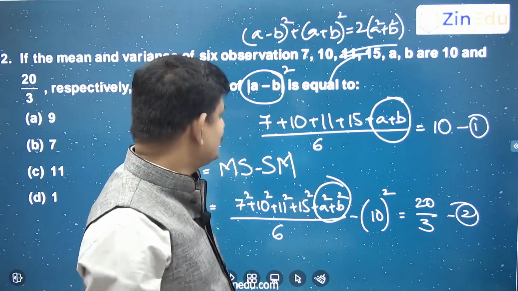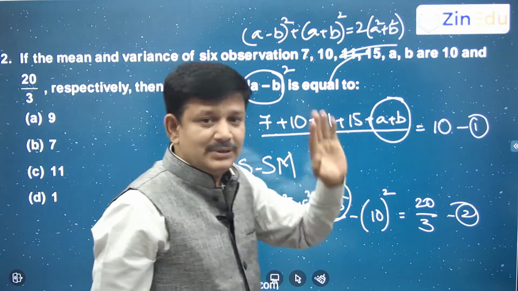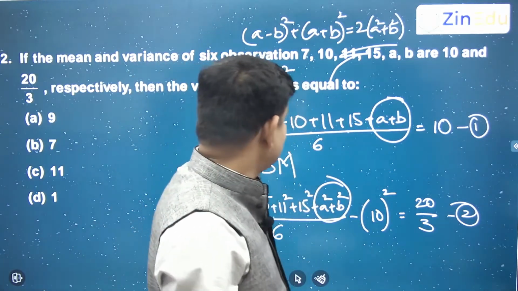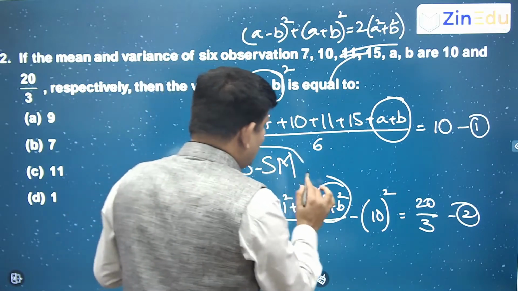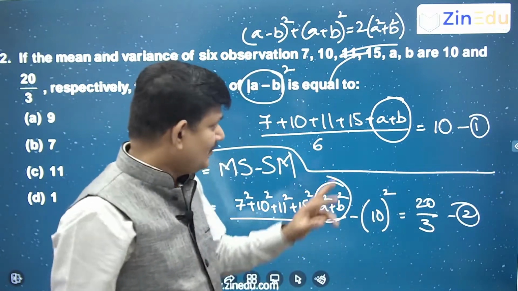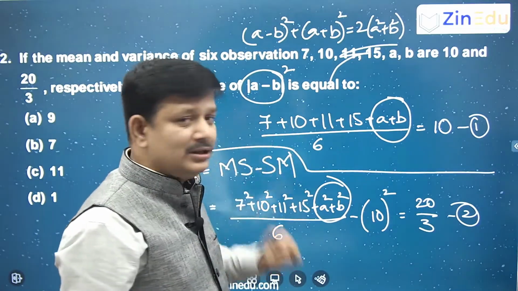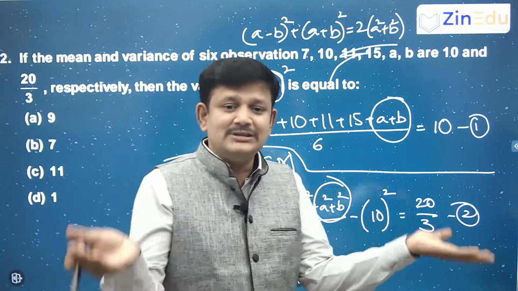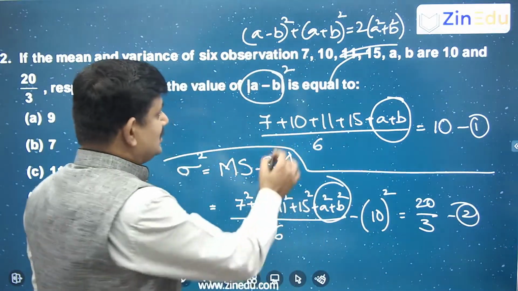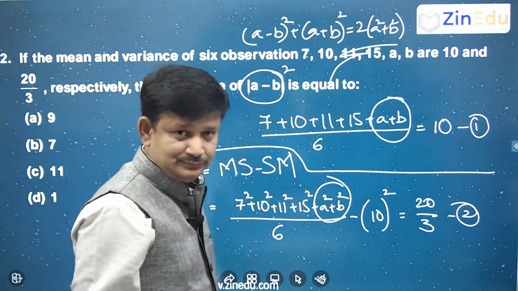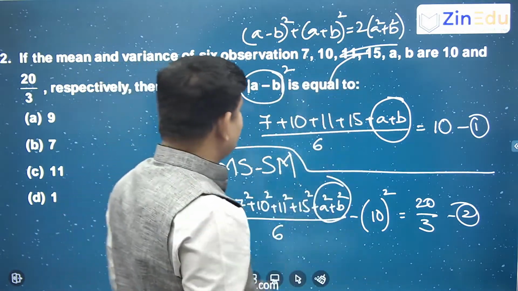I'll also tell you a small shortcut here. See, mean of these numbers is 10. So, this part I am not altering anything. This equation I can simplify it a bit. How? Remove all the numbers which are 10 or which are adding up to averaging to 10. This 10 you can remove. Mean will still remain 10.